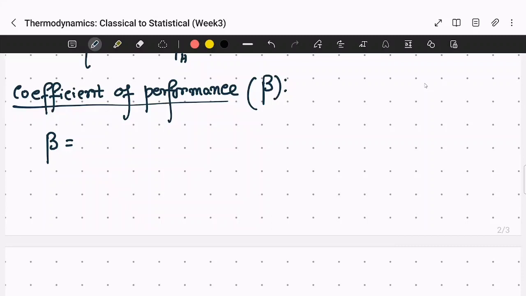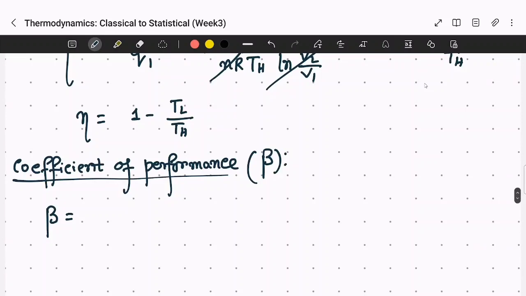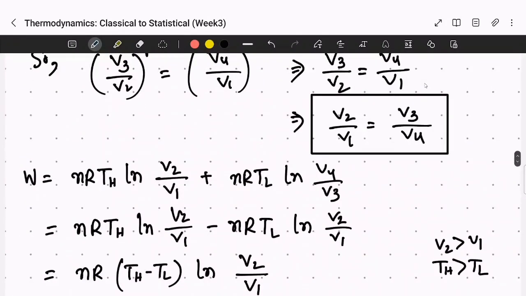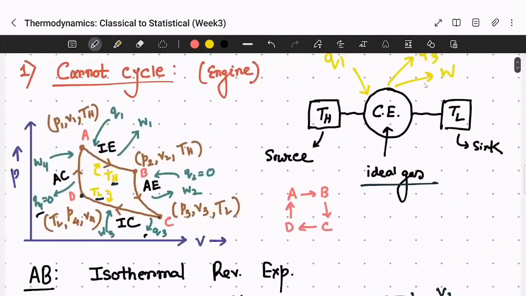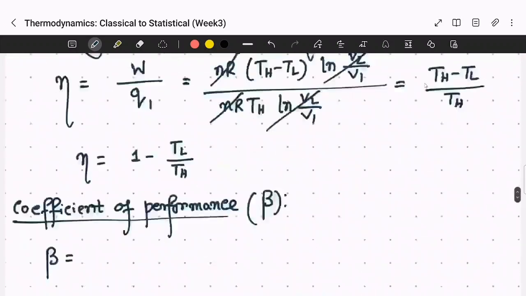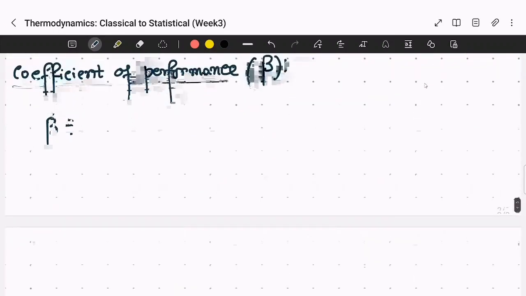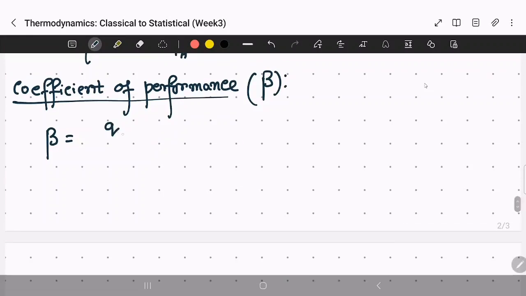In simpler language, you can think of how much amount of heat is transferred. If you look at the cycle here, there is Q1, and there is also one heat, Q3. Q3 is the amount of heat you are receiving. So you can write it as Q1 divided by